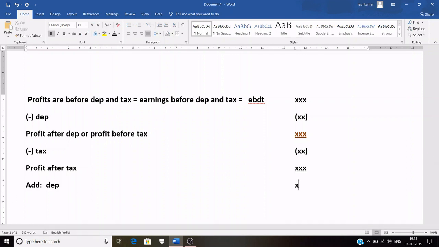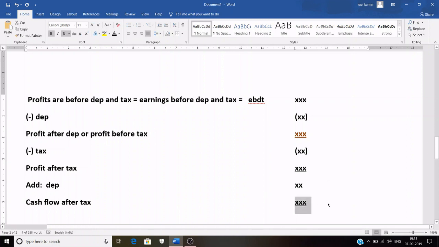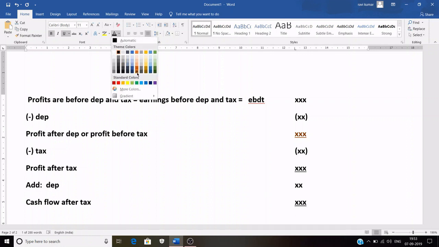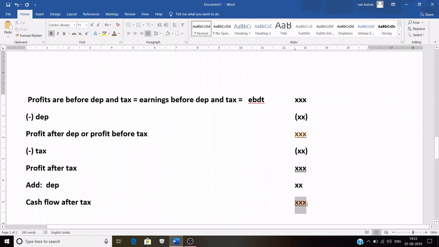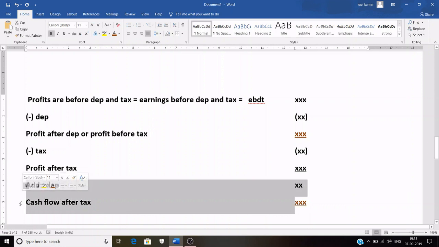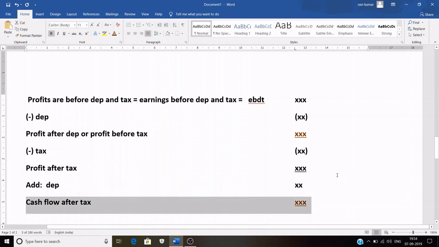Let's suppose it is XX. After that we would have cash flow after tax, and this is what we need to find out the present value of cash inflow. This is what we need. So let me highlight it here, that this amount is what we need to find out NPV,